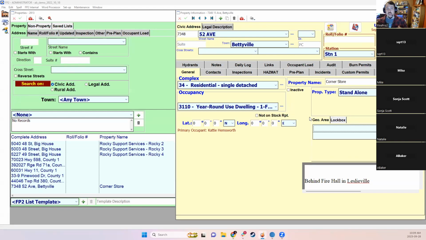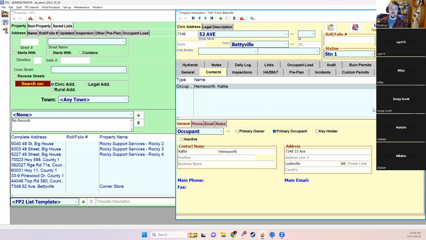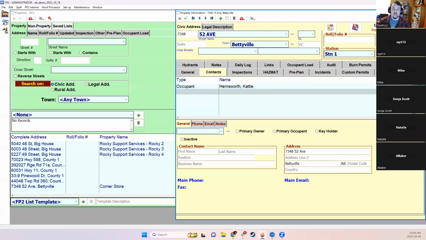Now, with individual properties, there is also going to be what we call contacts attached to these properties. So normally what's going to happen is that most properties, we try to import those properties with at least a primary owner. Now, every property can have as many different contact records as you want attached to it. So I can add additional contacts at any time. And each contact that I add has a drop-down list which indicates contact type. This is an editable list. So you can see that there's been a variety of different contact types set up,